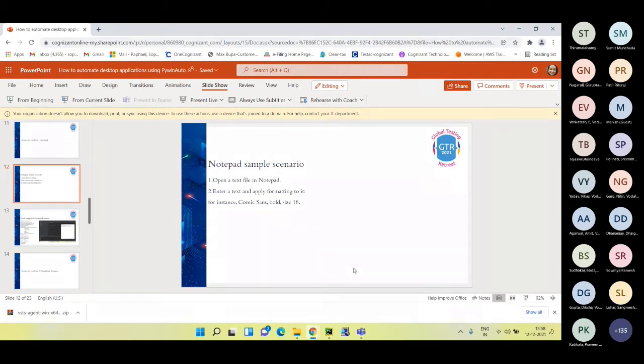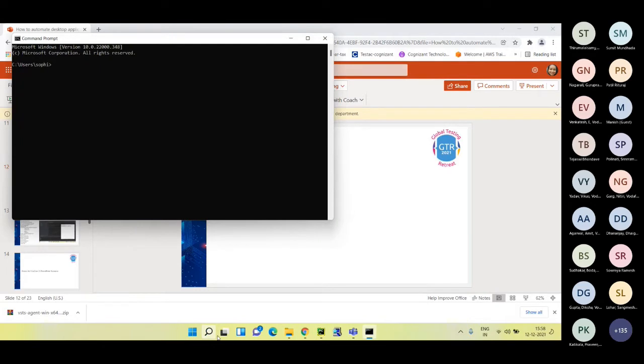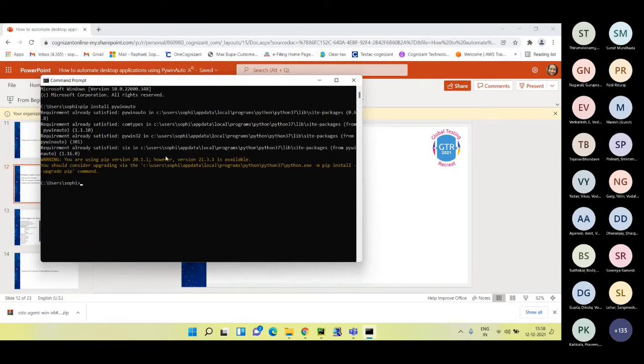In order to install PyWinAuto, if you have Python with you, you just need to do a pip install pywinauto. I have it with me, so that's the reason it's saying already satisfied. Pip is a way of installing different add-ins in the Python language.